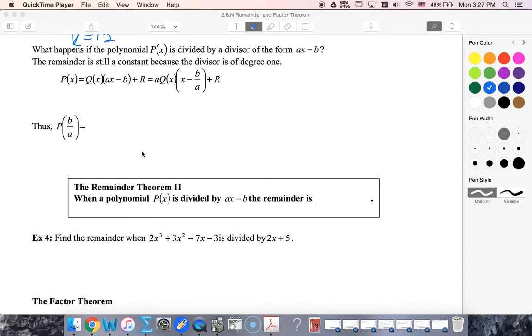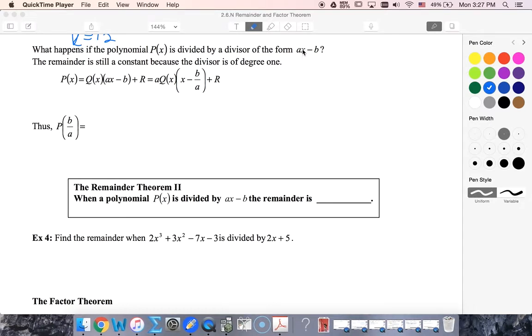Much like we saw with our synthetic division, if we divide by ax minus b rather than just x minus k, then we have to put in b over a. The same is true with the remainder theorem. So notice that p of x, if I had divided by ax minus b, well, I know that I would